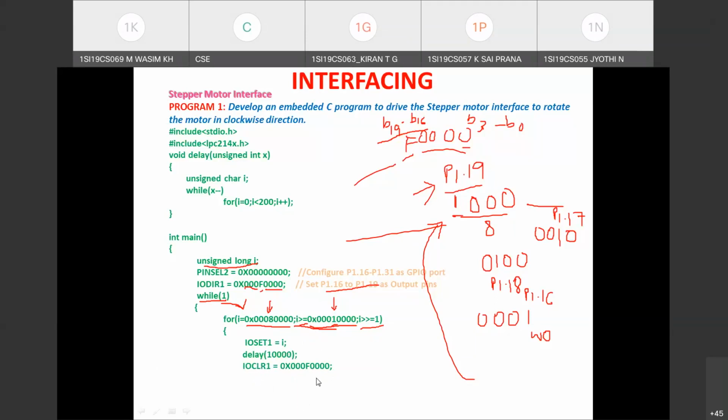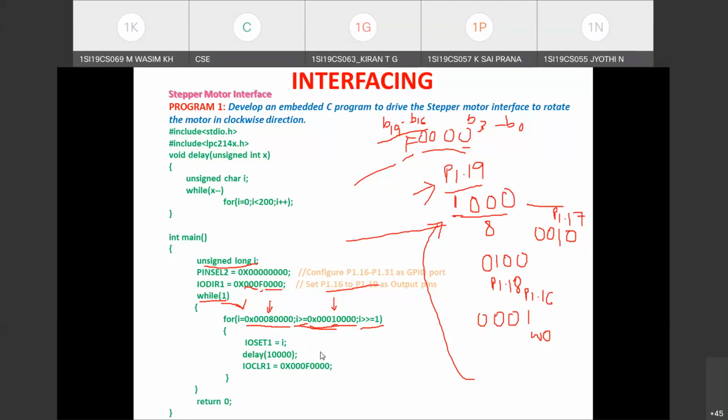After that, we are going to send out a new pattern that will be written to the IO set register. So each time you supply the voltage, you will be clearing by writing 000F followed by 4 zeros to the IO clear register, and then you are going to send out a new pattern in the next iteration. So this process is repeated.